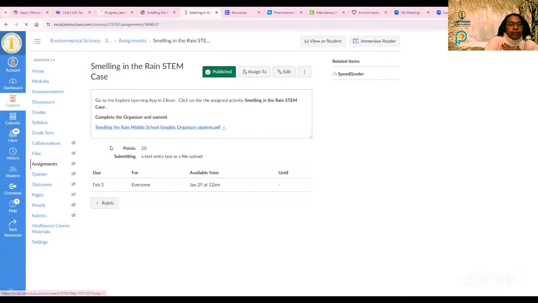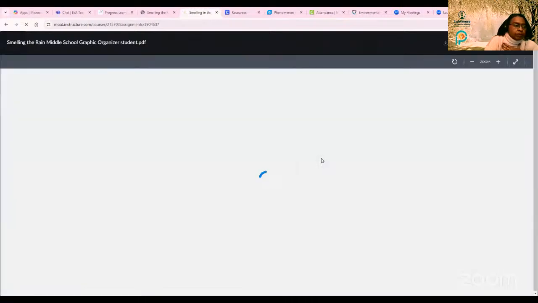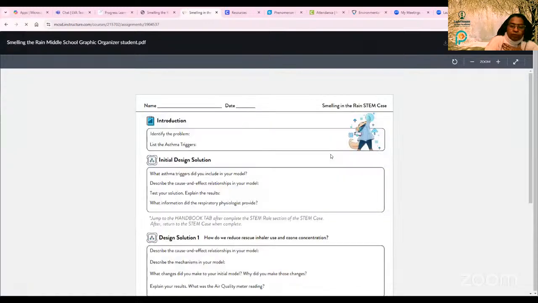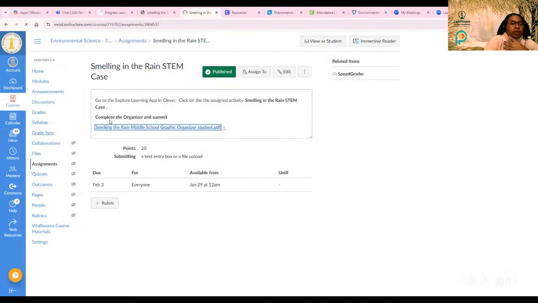All right, and then let's download the graphic organizer first. Make sure you have that. You're going to download this page, and this is where you're going to put your answers to the activity. Going back, I need to close mine. The instructions are to go to your Clever page and click on the Explore Learning app. So for me, on my Clever page,